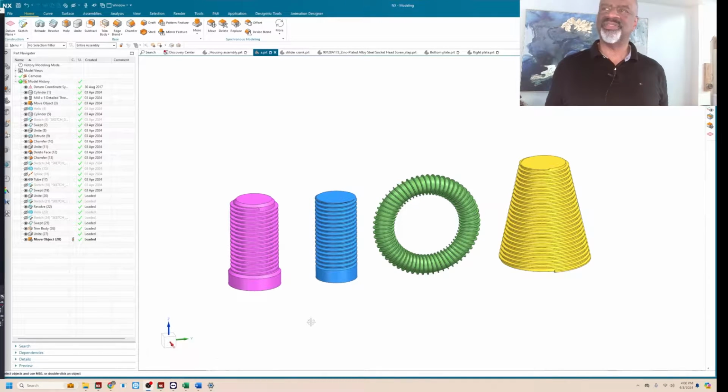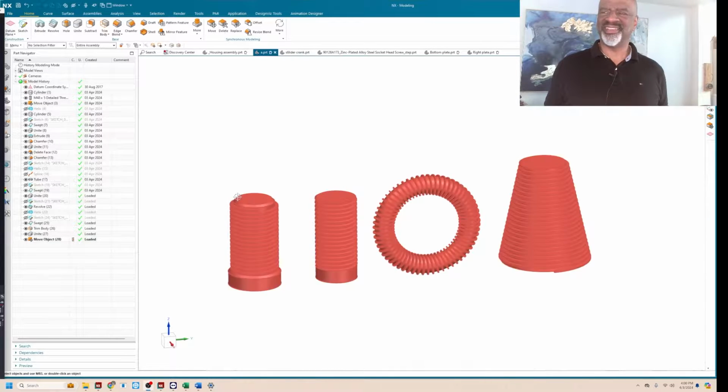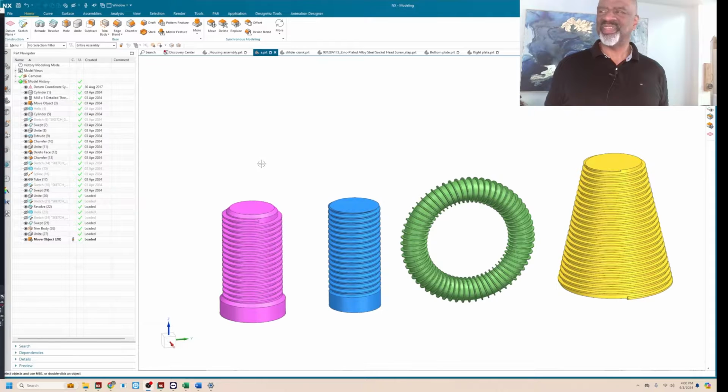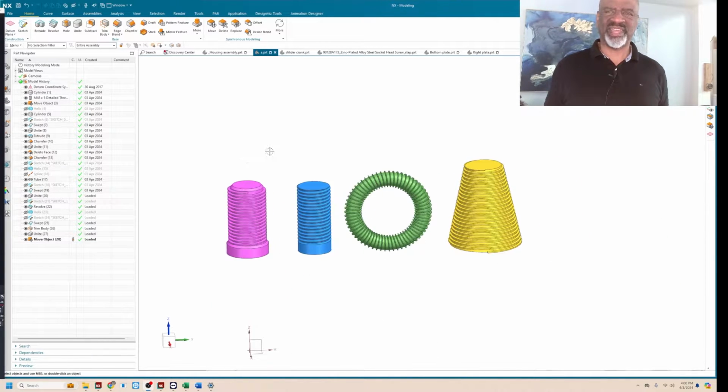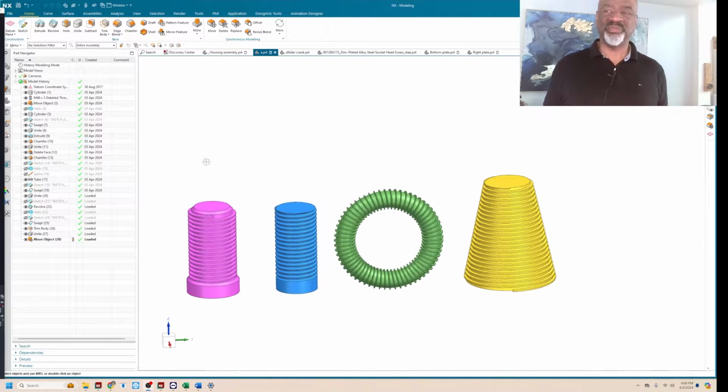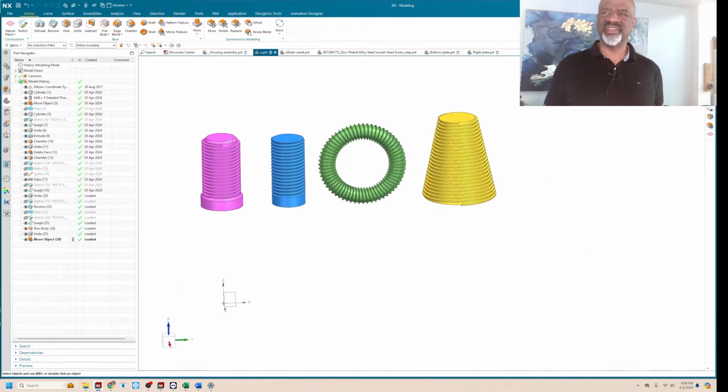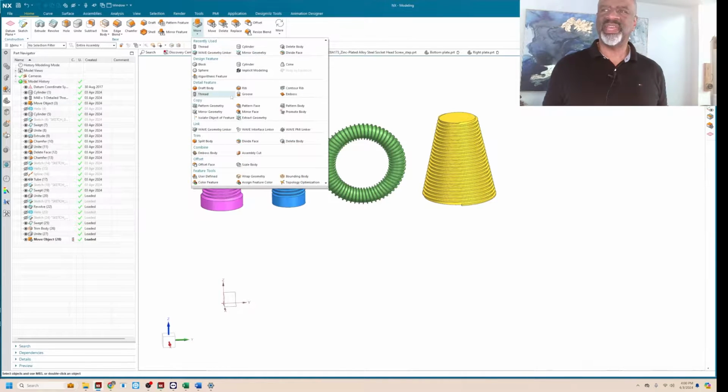I call this video Screw It Up, because we're going to do screws here. There's lots of helical forms that are necessary in product design, and NX has some tools that I think you should know about. They're really fantastic, and so I'm going to show you them one by one. So the very first thing I want to show you is the fact that you can do a thread on